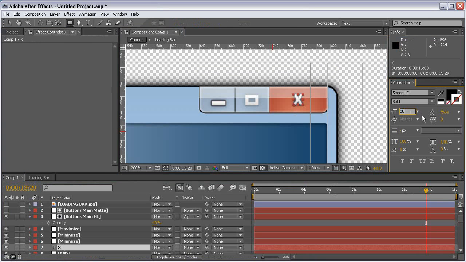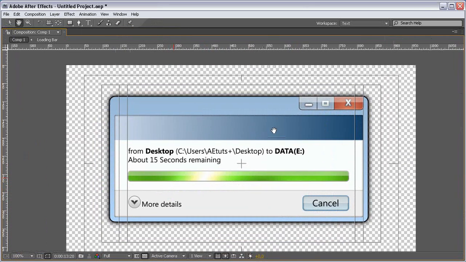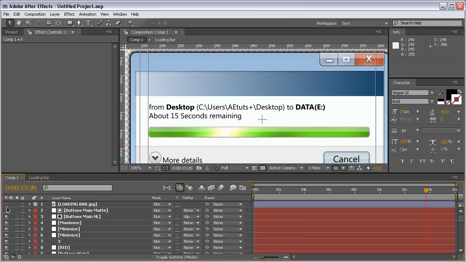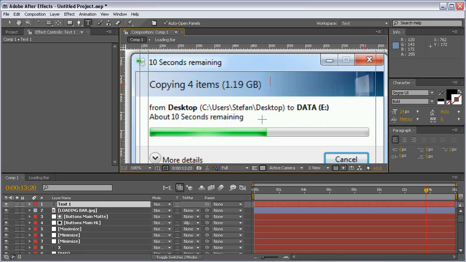The X needs to be a bit bigger, I think, like so. And as you can see, we are almost finished, we're almost there. Let's save it and type